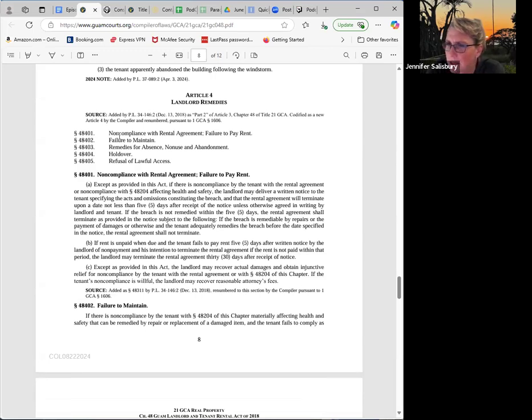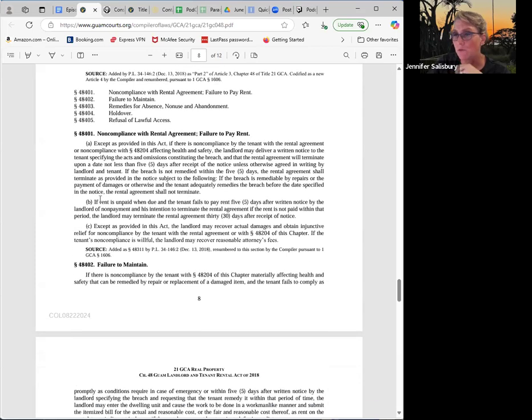It says, landlord may deliver a written notice to the tenant specifying acts and omissions constituting a breach in the lease agreement, and it will terminate upon a date not less than 5 days after receipt of the notice unless agreed to in writing. If the breach is not remedied within 5 days, the rental agreement shall terminate if the breach is remediable by repairs. Okay, so here we go. If rent is unpaid when due and tenant fails to pay rent 5 days after written notice, right? You have to give written notice